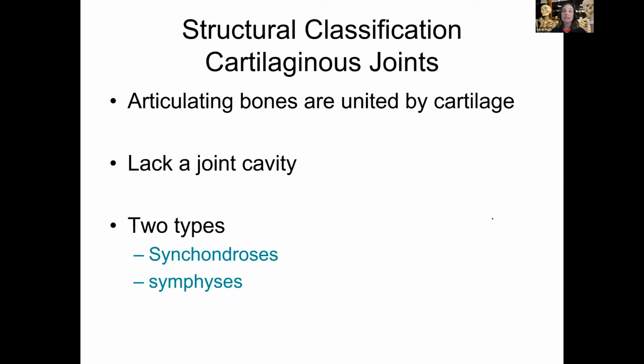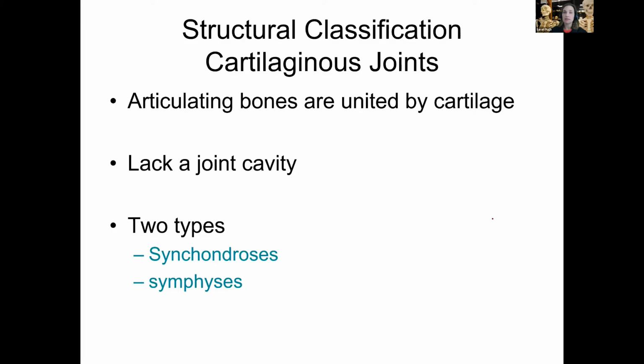Now we can also classify our joints, all the ones we just did, those three: sutures, syndesmoses, and gomphoses. Those are fibrous joints. We also have cartilaginous joints, where they have cartilage between the articulating bones. Again, these don't have a cavity. Only ones with cavities are synovial joints. And there are two types of cartilaginous joints,